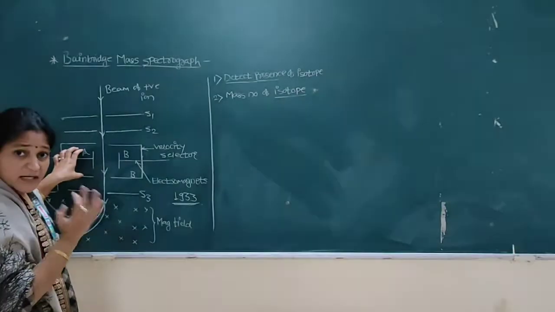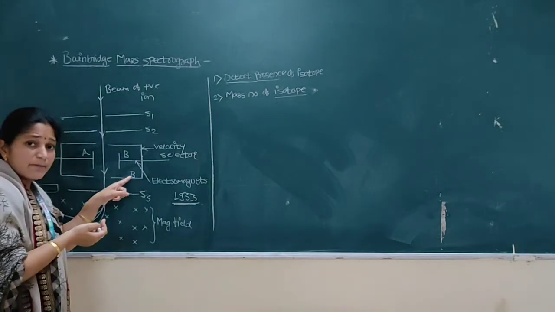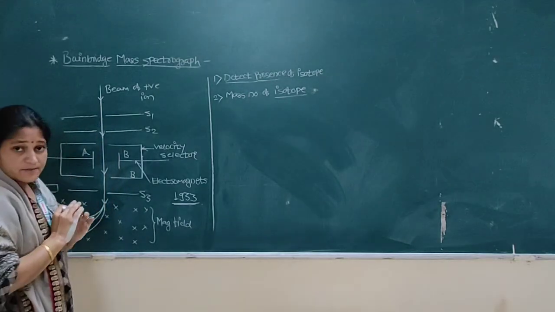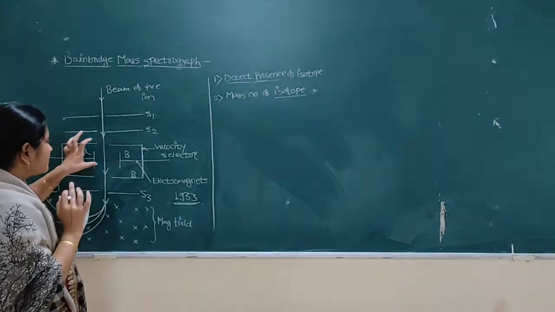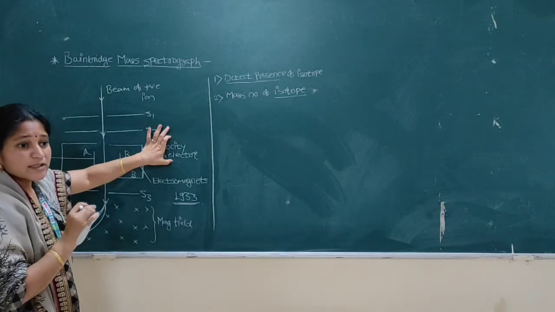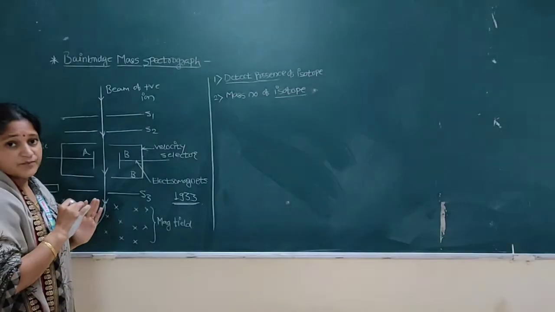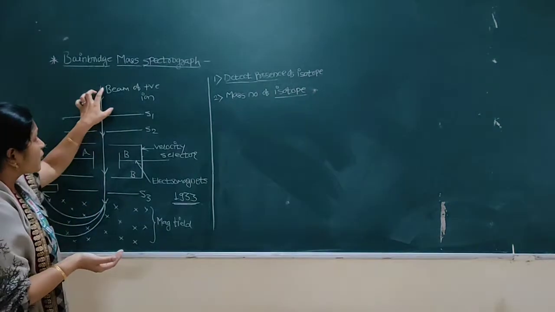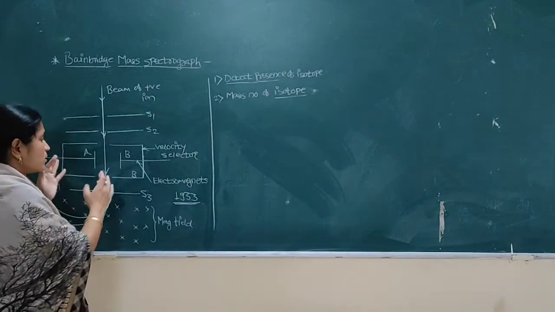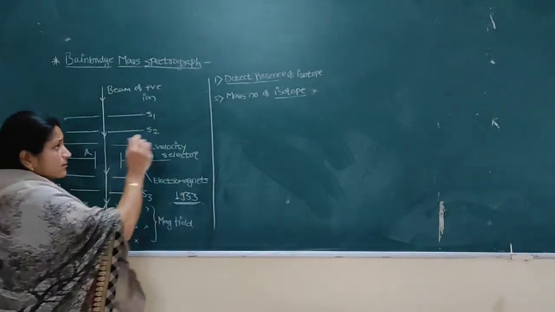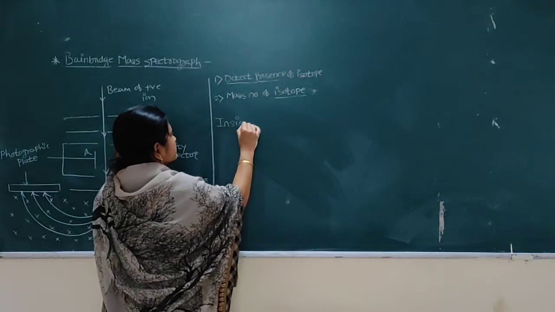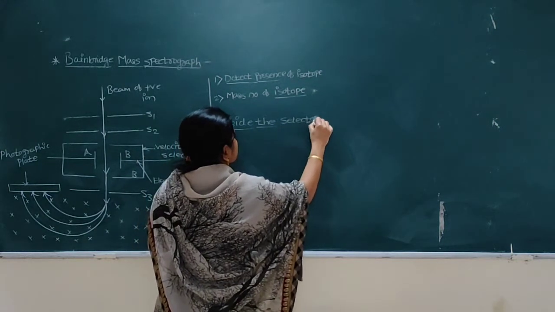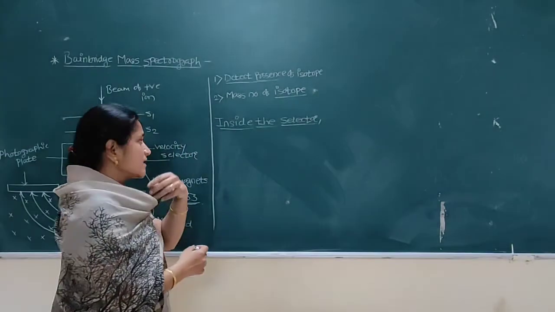Now simultaneously a magnetic field is applied, which is perpendicular to this electric field and to the motion of the ions. Listen carefully. This velocity selector passes only those ions having the same velocity, and other ions are deflected from their original path and finally removed from the beam. So we can write, inside the selector,